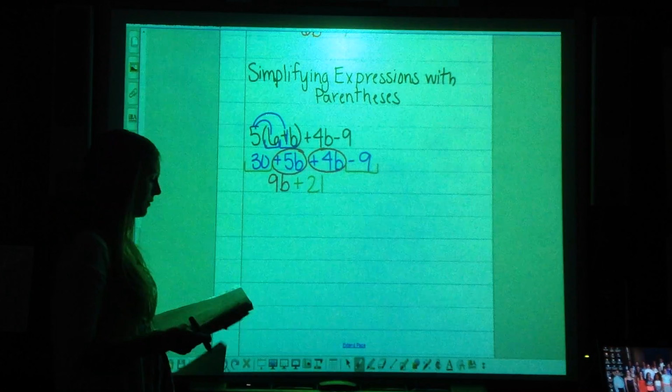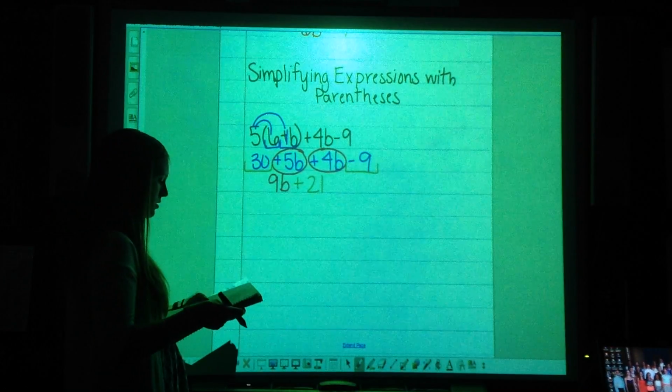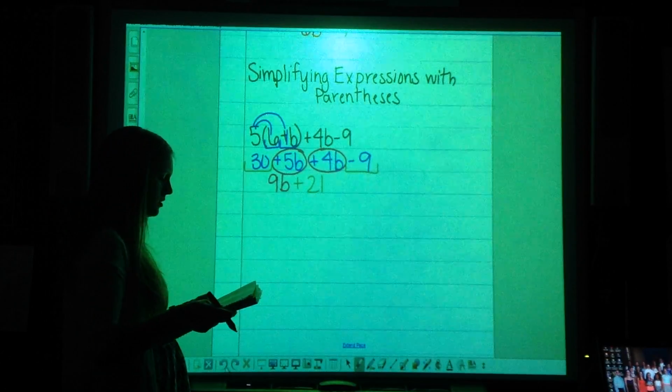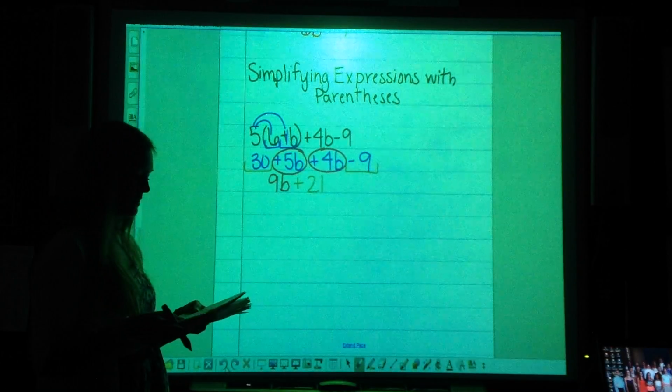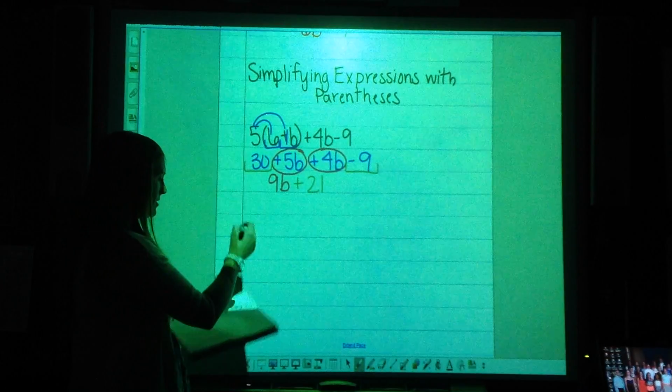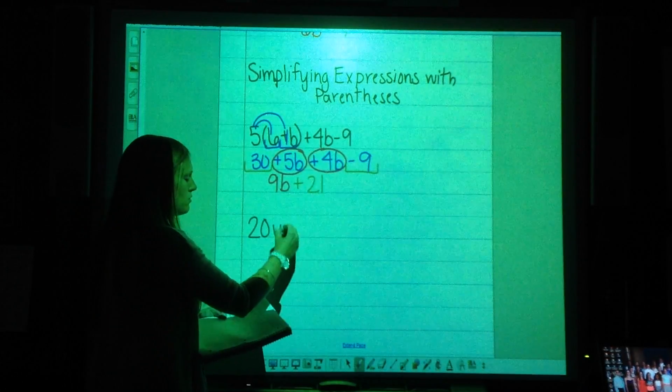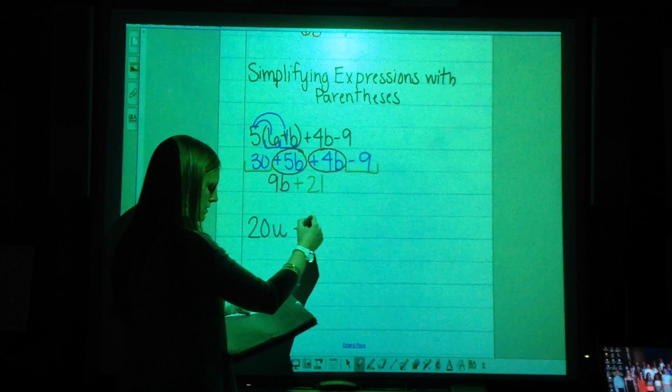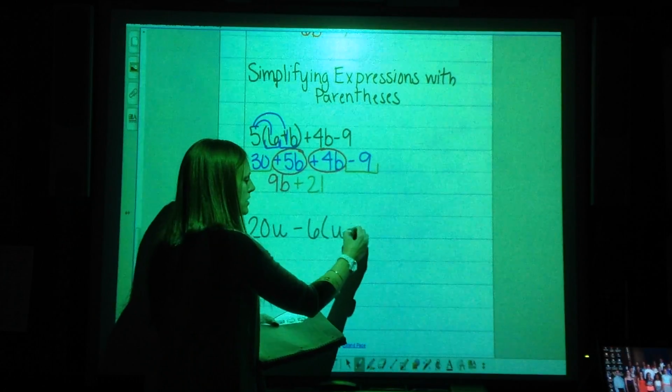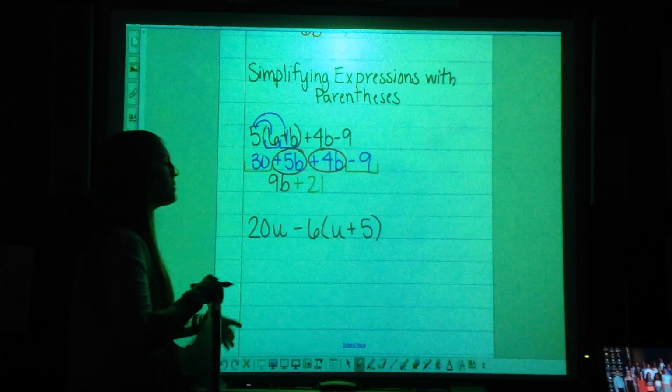Let's try one more. This is going to be a harder one. This is an example of a hard problem. 20u minus 6 times the quantity u plus 5. This time my distributive property